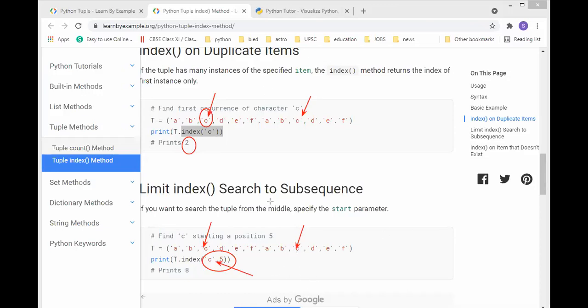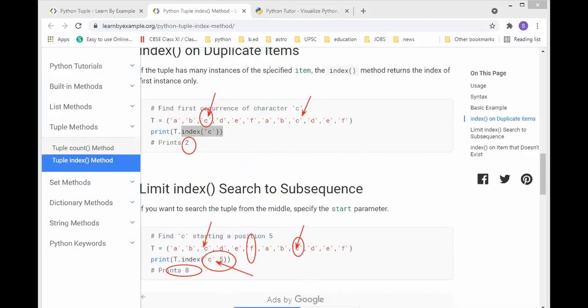It will start searching from the 5th location, so it will start from here. Definitely it will display the location of this C. So the answer is 8. Understood, everyone?